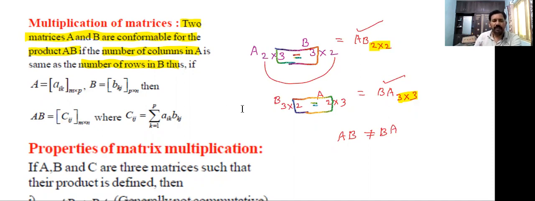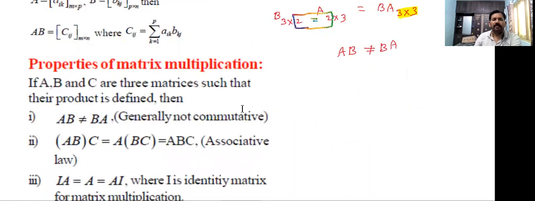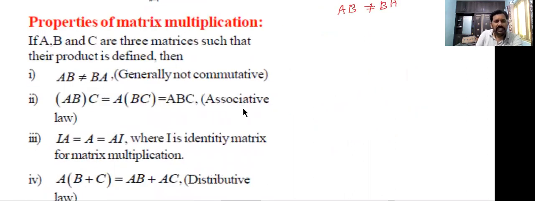Then only two matrices exist for multiplication. See here, properties of matrix multiplication. Here AB is not equal to BA. That means matrix multiplication is not commutative. Matrix multiplication is not commutative, but it is associative,